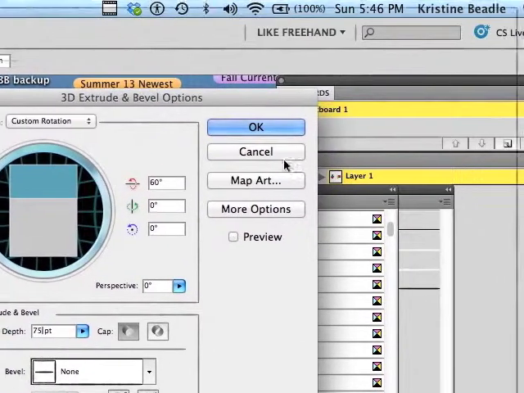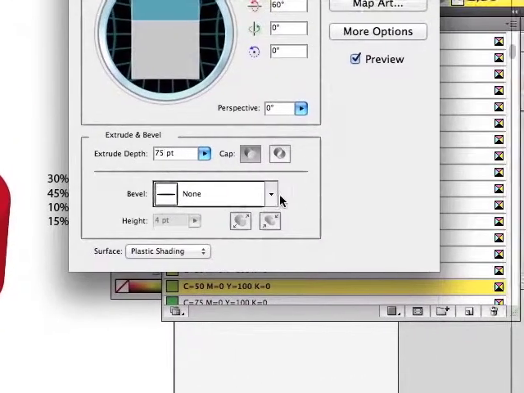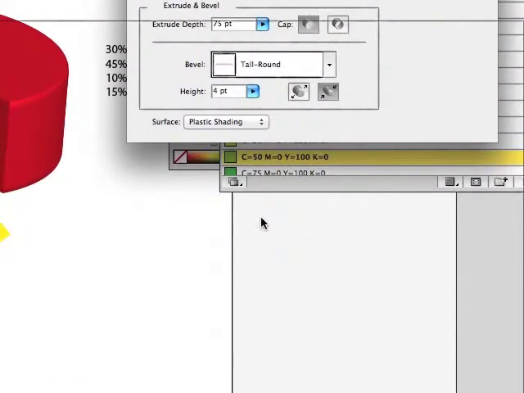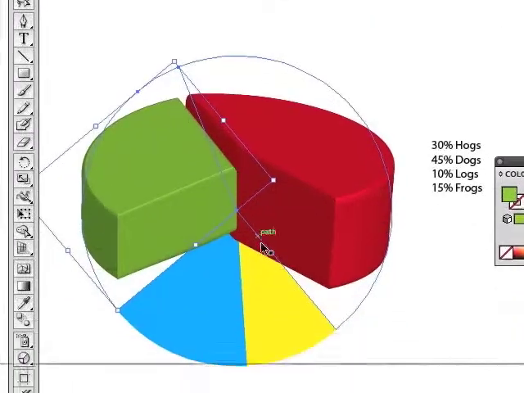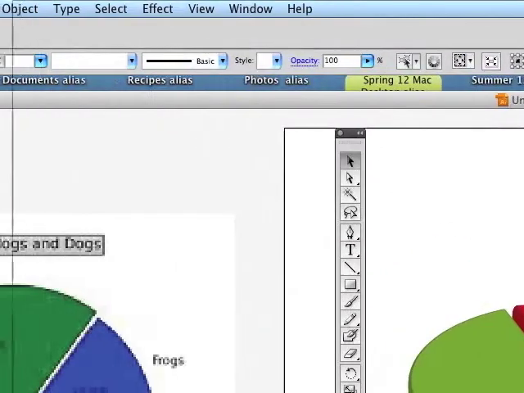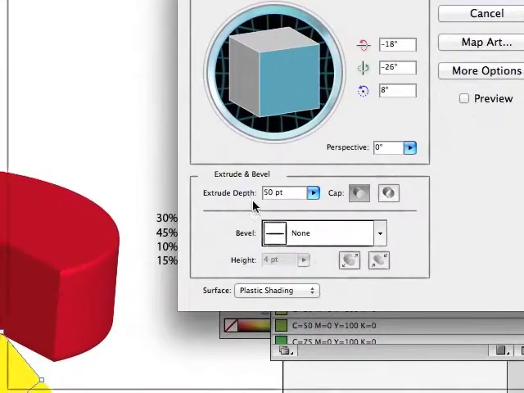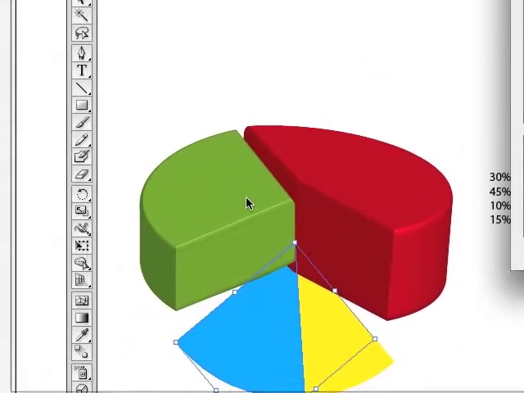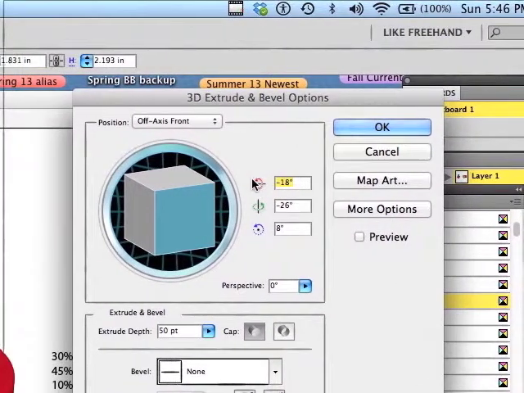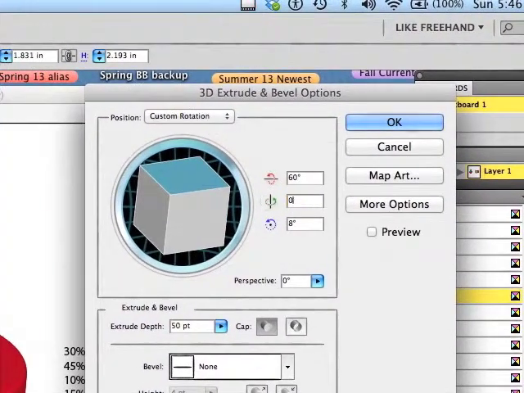And now you hit Preview and look at your piece, and it does not have a bevel on it either, so I have to go down, put a bevel on it, and then say OK. Now we're going to select the next piece and go again. We're going to repeat this again and again. We're just lowering the height. If this one was 100, this one was 75, this one's going to be 50, and so we're at 50 there. We're setting this to be 60 degrees and 0 and 0,